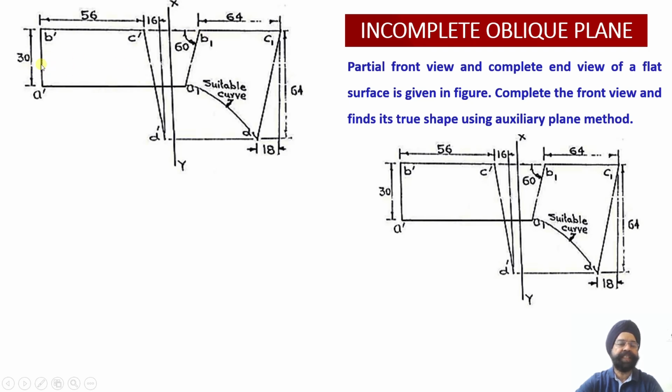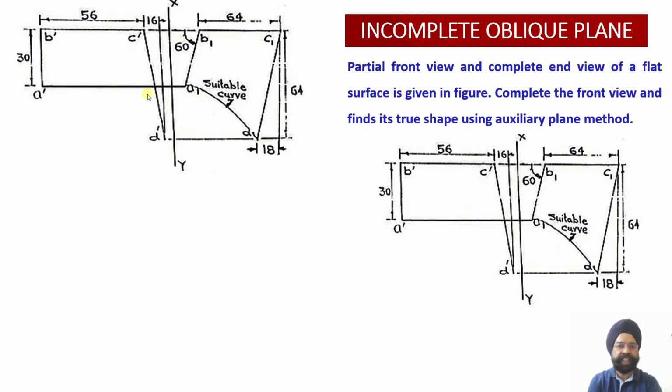AB. That is, this was a lamina which was having 1, 2 and 3 straight edges, and it was having one curved edge. So out of these 4 edges, because this is my endeavor, I need to work out the true length of one of the edges. Even if there are 100 edges, even if there are infinite number of edges, I am least bothered about that. My main endeavor is to work out the true